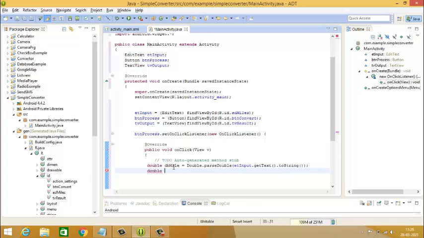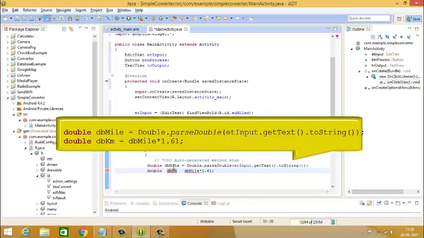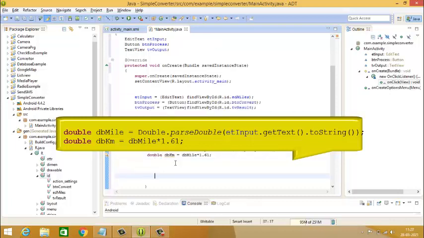So the mile is there in the variable dbMile, multiplied by 1.61, the conversion, and this is to be stored in a variable. Let that variable be double dbKm. The return type is again a double since it holds decimal values.